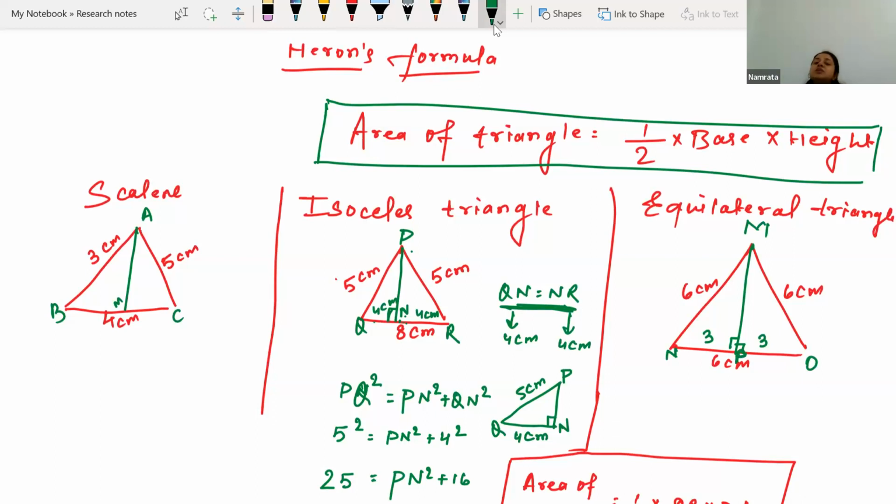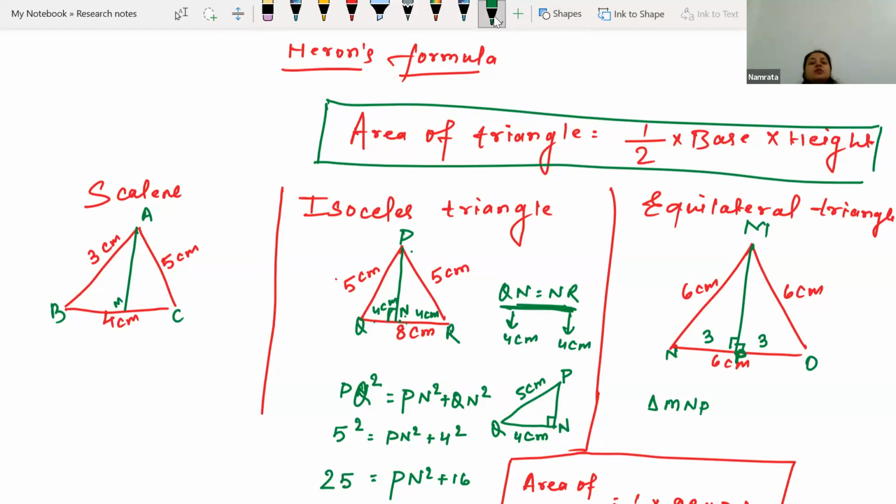Now, just like the previous case, isosceles triangle, here also you will be able to find the height. Why do we need to find the height? So that we can go ahead and find the area of this triangle. First we will find the height MP, again by Pythagoras theorem. After that we will find the area of this triangle. Let's quickly find the height of this triangle and then the area. Taking triangle MNP,